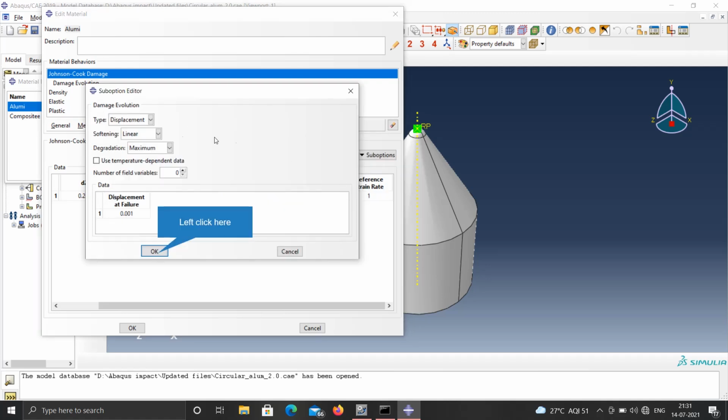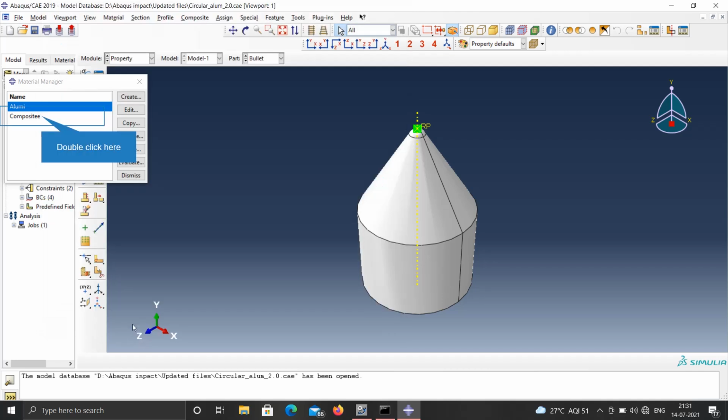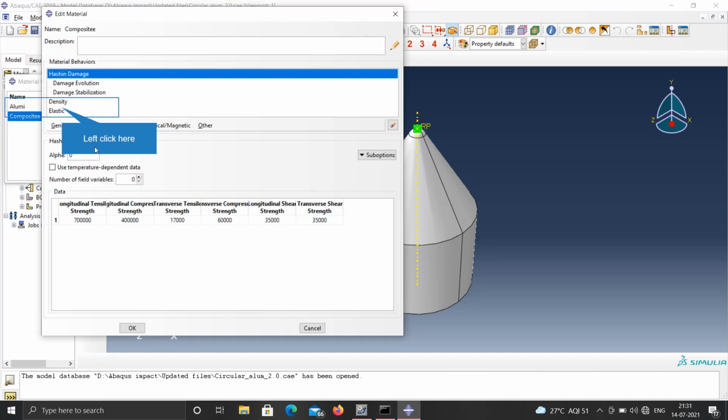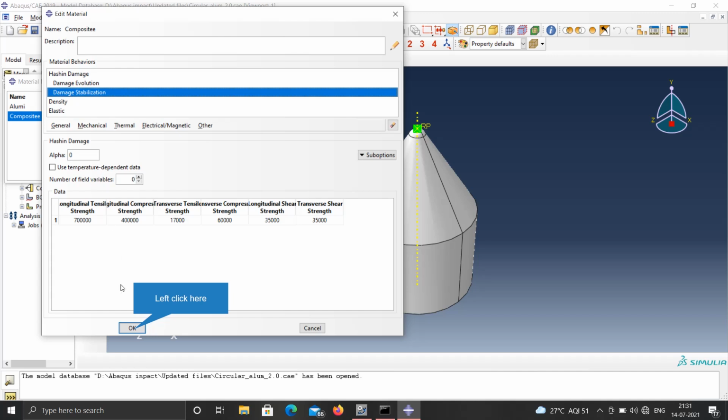Then we'll go to damage evolution and displacement at failure. This value was also given in the literature. Similarly, if you want to define any other material or assign according to your needs, you can take the values based on the literature,